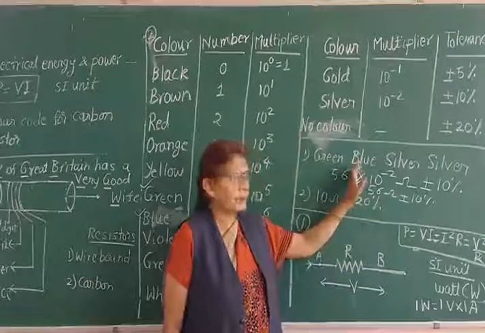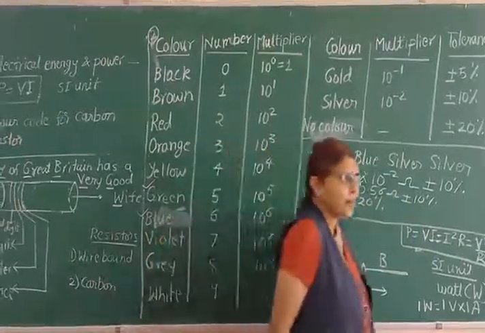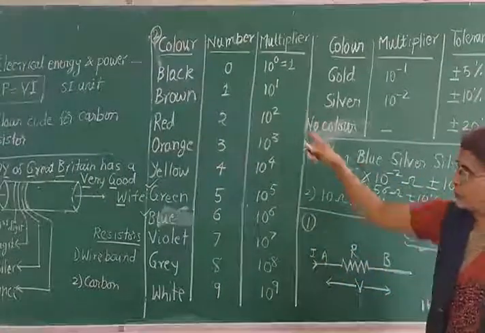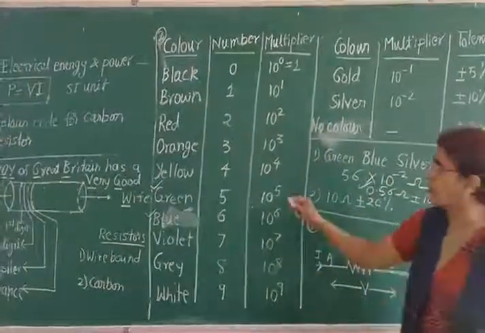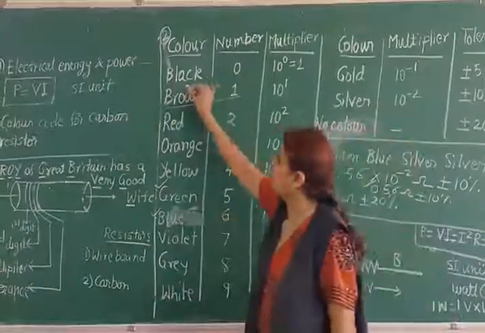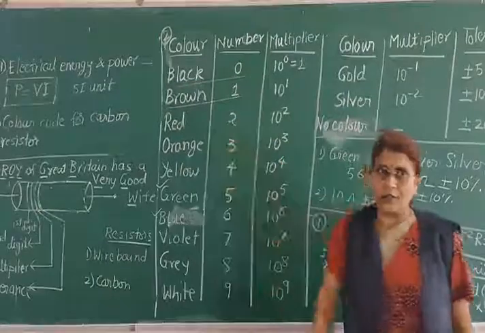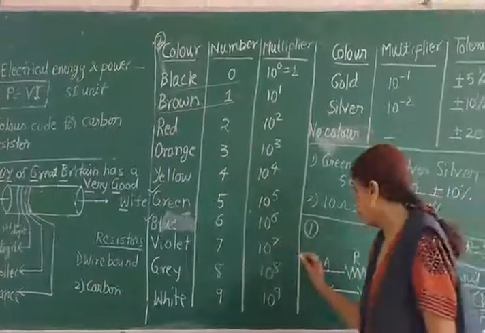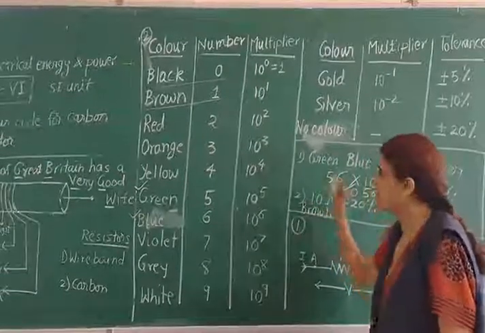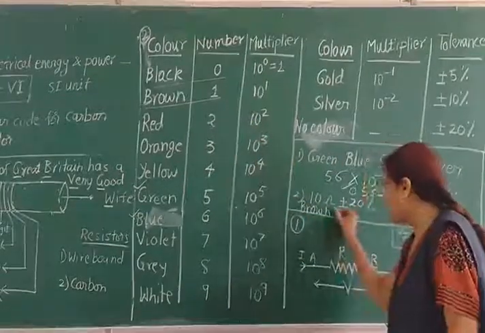It is the reverse of this. How will you do it? Now 1 and 0. Search them out in the number column. For 1, it is brown, then 0, it is black. So what are the first two colors? Very, very clear. The first color will be nothing but brown, 0, the second color will be black.